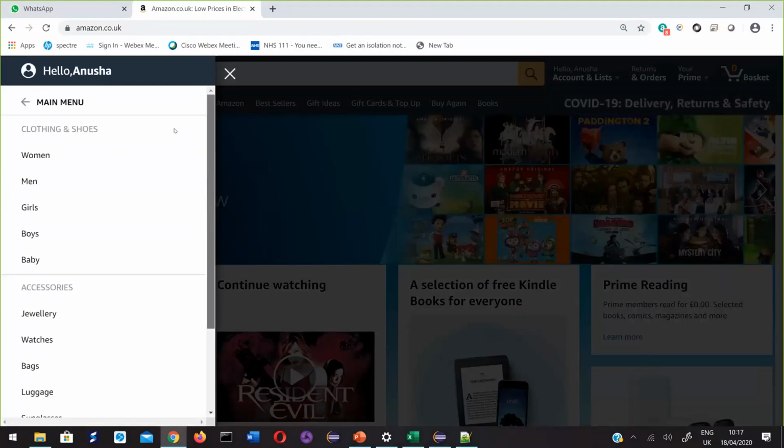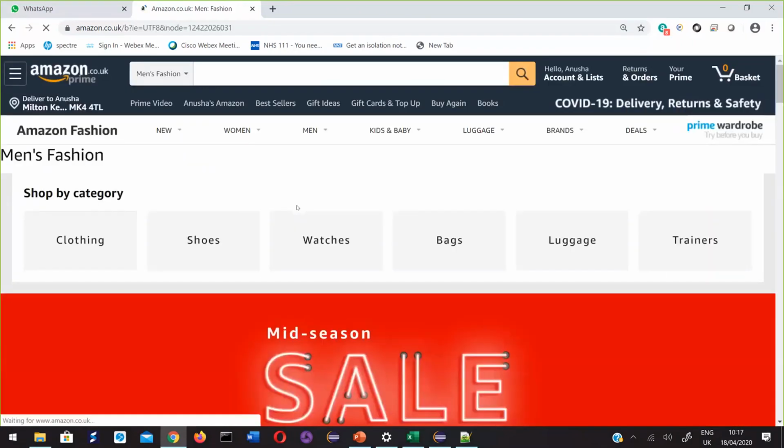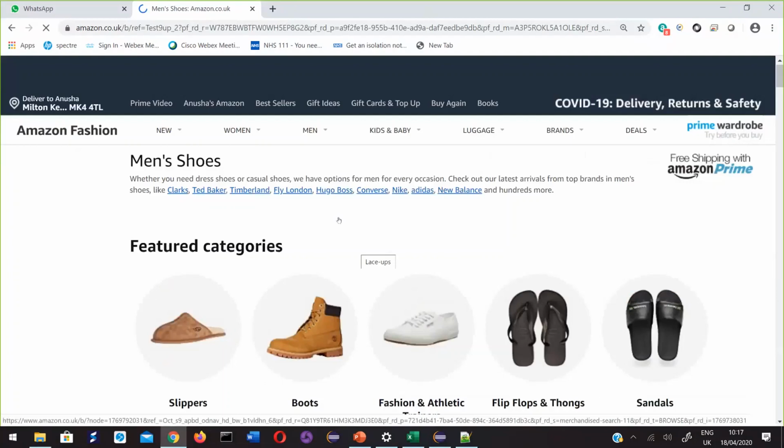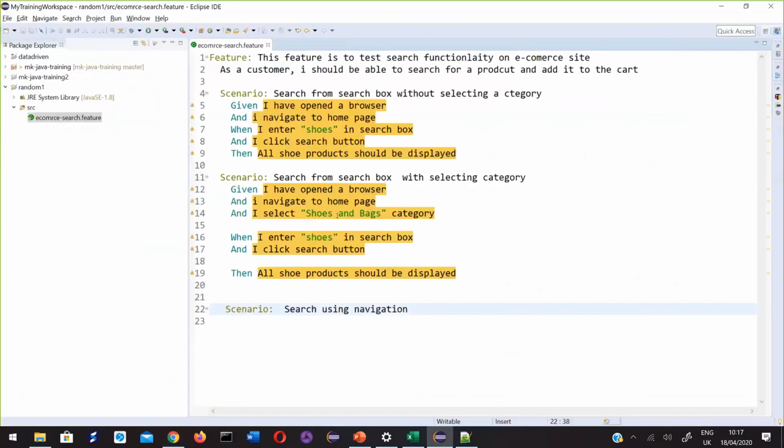Okay. So they are not taking you until shoes here. Men, then they are giving the shoes. Okay. Now it is giving me all the shoes. So tell me, how can I write this in the form of a scenario?